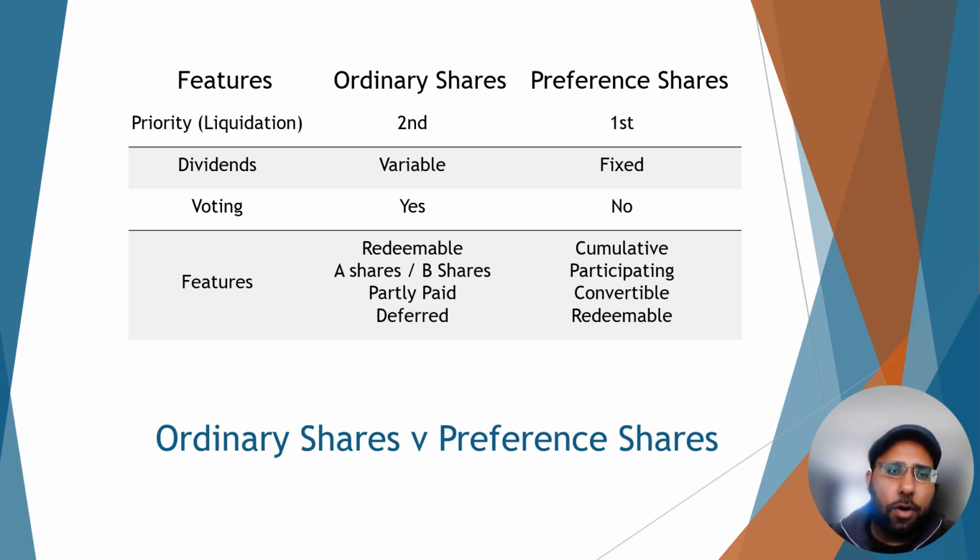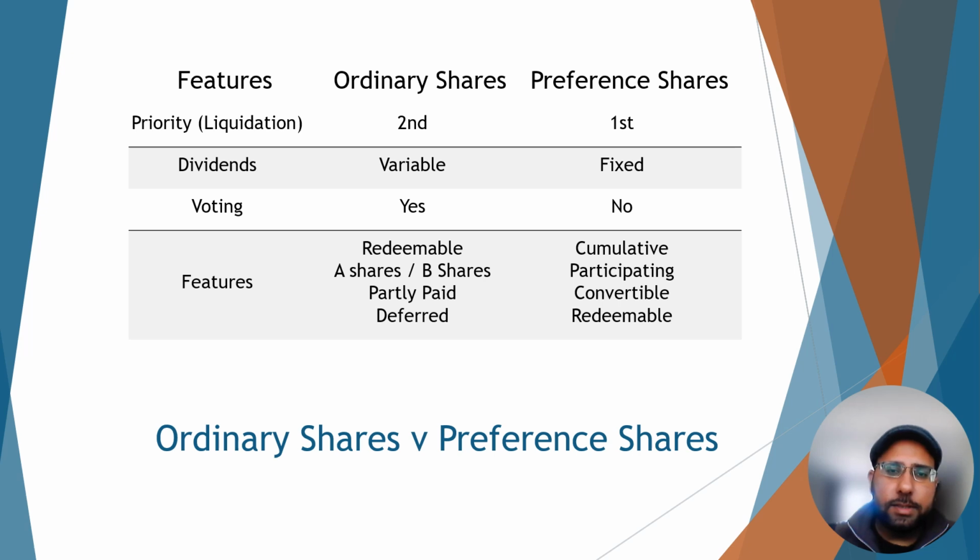The main element of being an ordinary shareholder is the growth, the capital appreciation. Ordinary shareholders can benefit from an increase in the share price, which does offer capital gains, and that's what we always look for when we invest. And when it comes to any form of claim, as I mentioned in the previous slide, ordinary shareholders are ranked at the bottom when it comes to liquidation. If a company does go under, if there is any money left, it will be distributed at the very end.